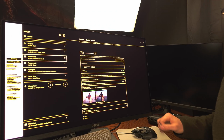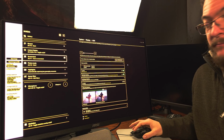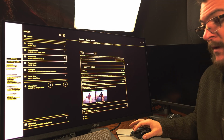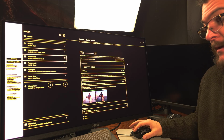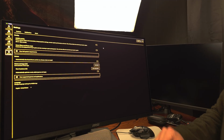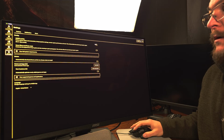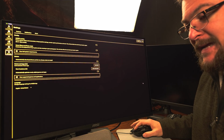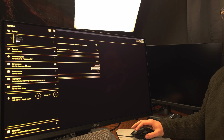Okay, so here's what I did. I took a screenshot using the NVIDIA overlay. So you just turn on the NVIDIA overlay on the new NVIDIA app. Let me show you that. You open the NVIDIA app, you come down here to settings and turn on NVIDIA overlay. So once you do that, you press Alt Z, and then you take a screenshot with Alt F1, and then